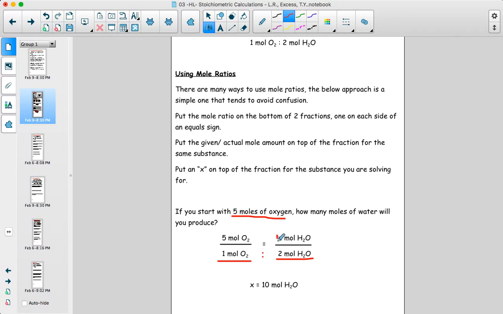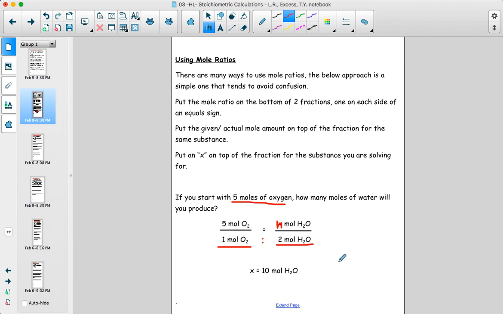If you want to use N, because that's sort of our symbol for moles, that's also fine. But people sometimes like to use X because they're used to solving for that in algebra questions. So in the end, if 1 mole oxygen makes 2 moles water, then 5 moles must make 10 moles. And so you can see it as the ratio, or if you had to solve it, if the